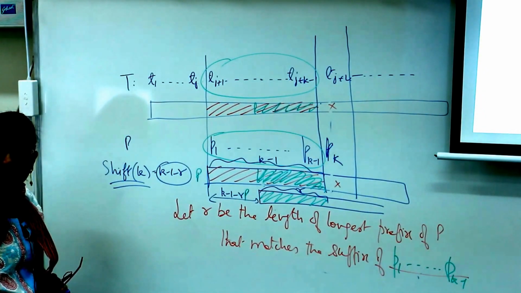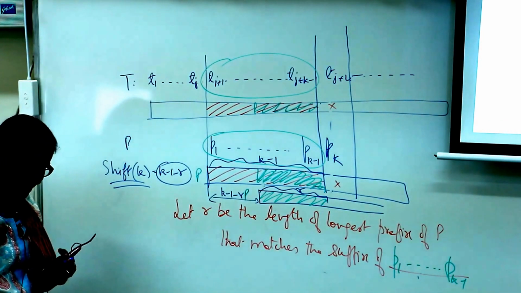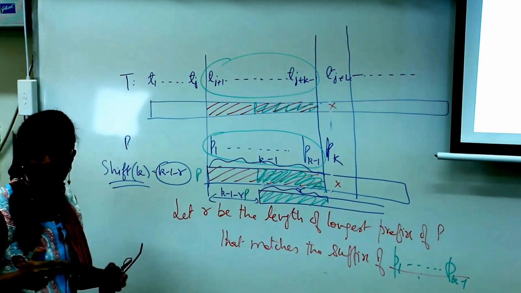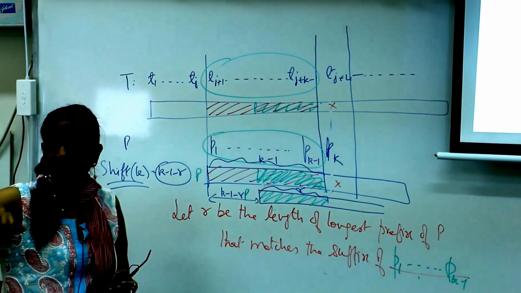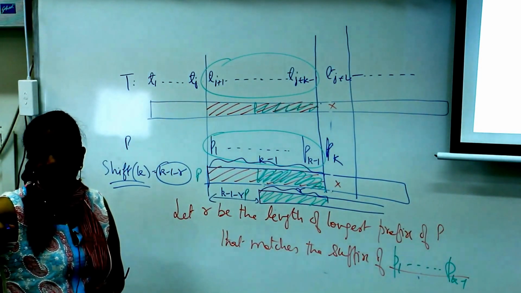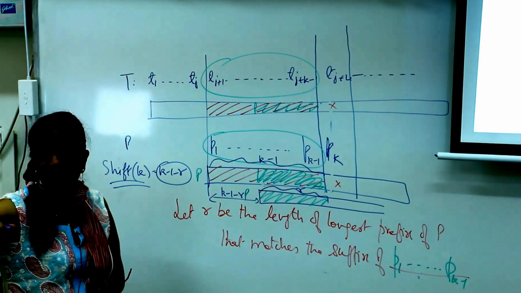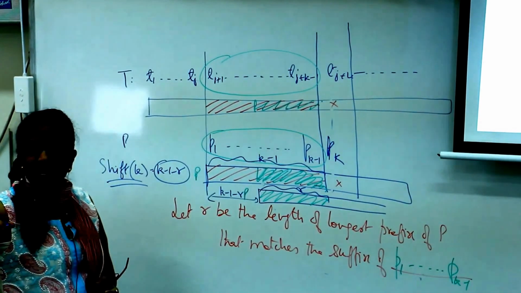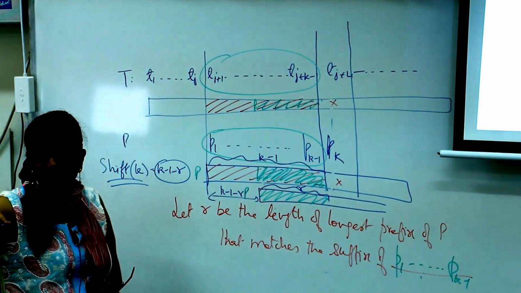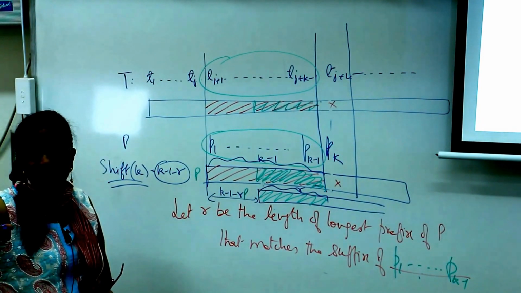Why are we doing all this shifting? Because we want to use the information that we have gained while matching the part so far. Suppose our pattern contains some 25 characters and 24 characters have been matched and the failure occurs at 25. While matching those 24 characters, we have gained some information about the text and we want to use that. We want to use that to give a better shift rather than a naive approach where I shift only by one position. So this gives, in general, more than one kind of shift.